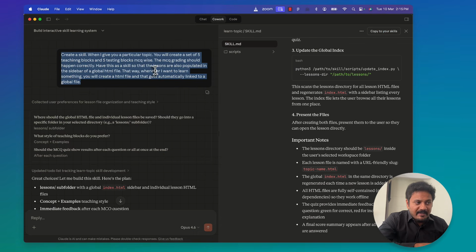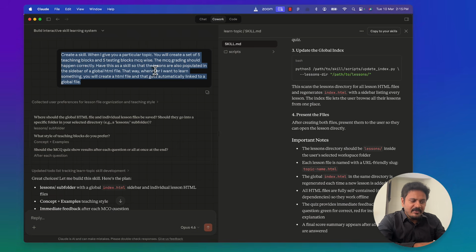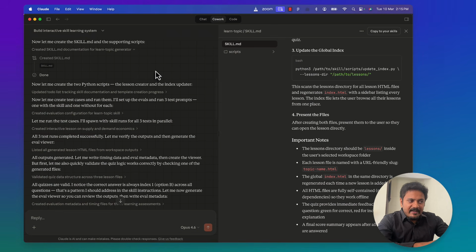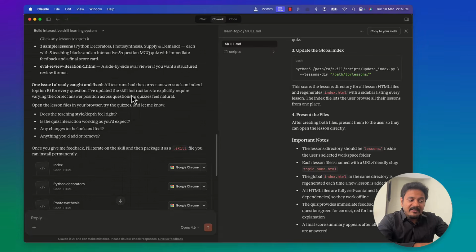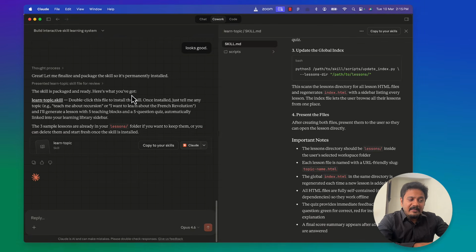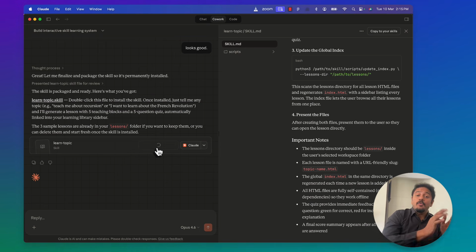So you can see that I have pasted this prompt. You can just paste it and Claude will work on it for say 3 to 5 minutes. And then it creates a skill for you. And this skill is called learn topic. I'll click on copy to your skills, which means this skill is now available across all of my future